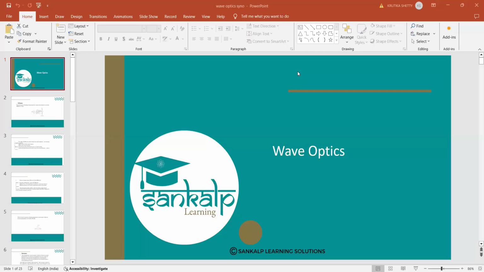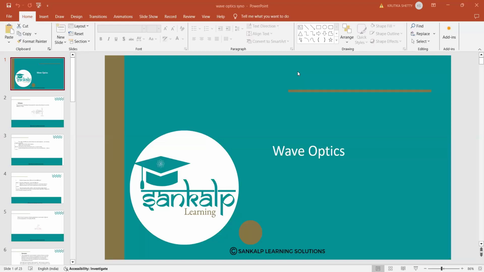In wave optics, yesterday we discussed the principle of superposition, and then the interference of light. In the interference of light, we have seen constructive interference and destructive interference. What is the difference between constructive and destructive interference? We have discussed the path difference and phase difference formulas for the interference phenomena. The next point we are continuing is diffraction.